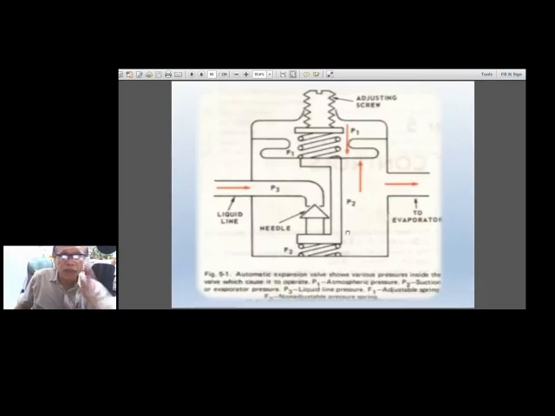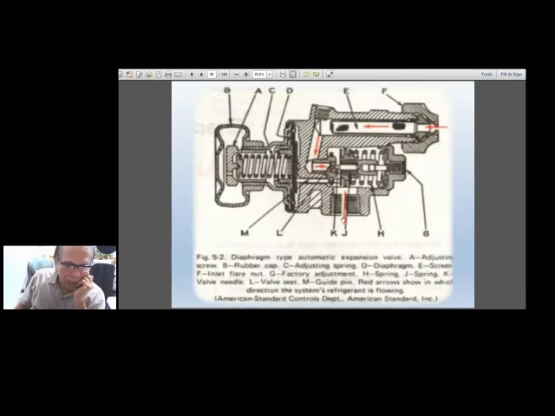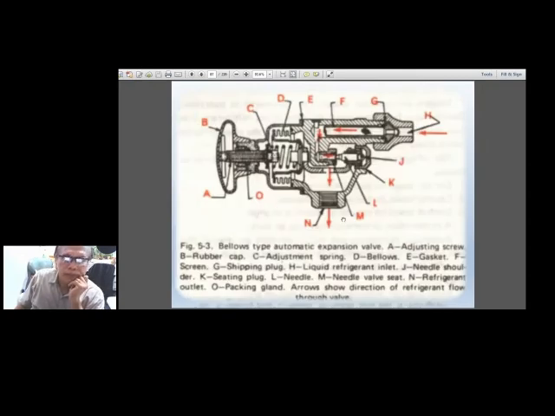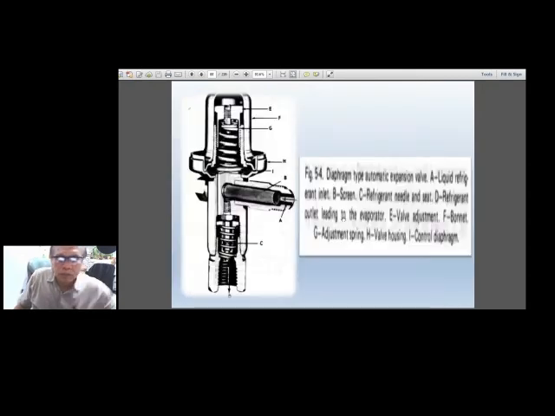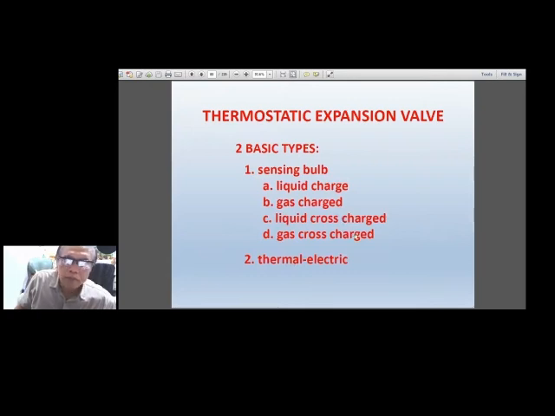Automatic expansion valve. So this is the schematic of this expansion valve. And medyo malabo. Thermostatic expansion valve. Yan. So ito yung mas marami. Let me go again to